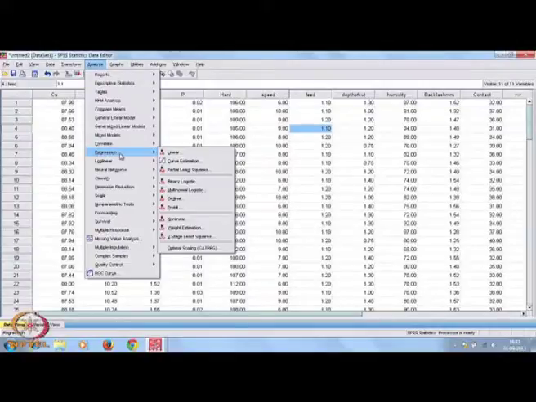Binary logistic means the dependent variable has two categories, yes or no, 0 or 1. You can go for multinomial logistic regression when your dependent variable y has more than two categories. Probit regression is also a special type of regression where categorization issues are there on the dependent variable side. But we are interested in linear regression because this one only we have computed.